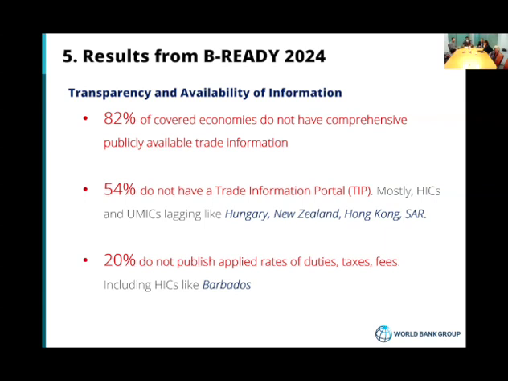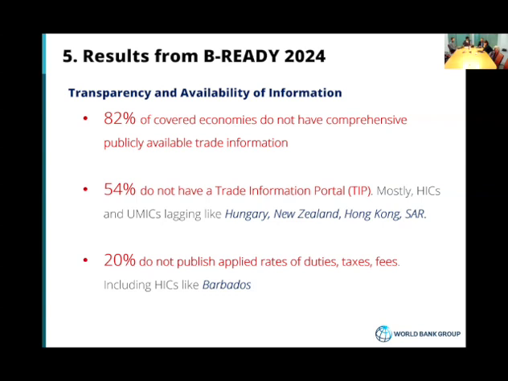Similarly, in the area of transparency and availability of information, it's very telling. For example, 82% of covered economies do not have comprehensive publicly available trade information. By comprehensive, in our indicators, we have different aspects of public availability of information that we do seek to assess. And in our results, 82% of the covered economies do not have all this publicly available